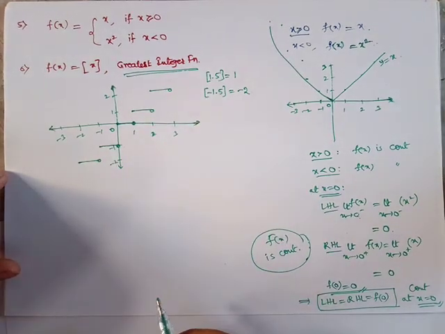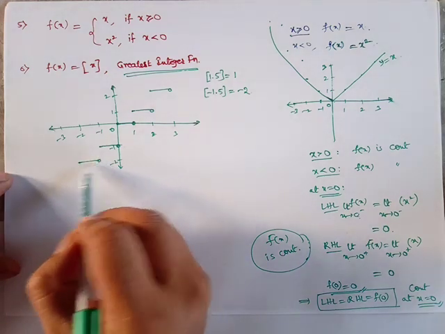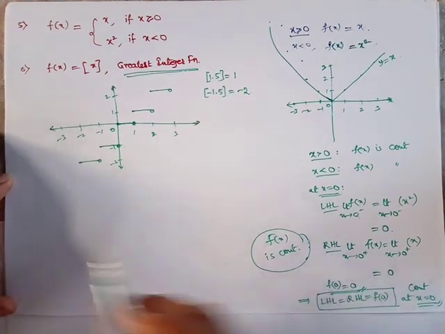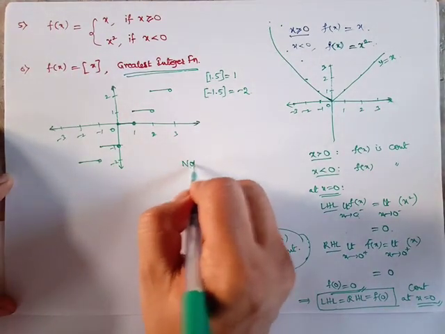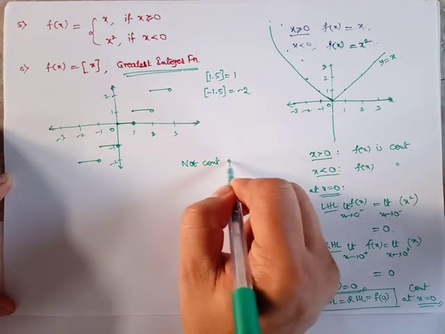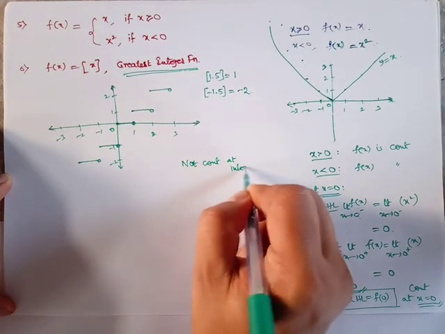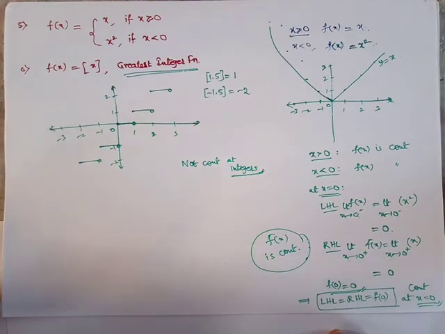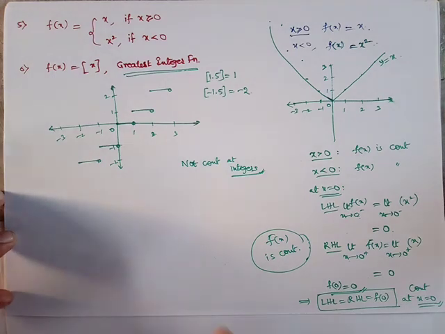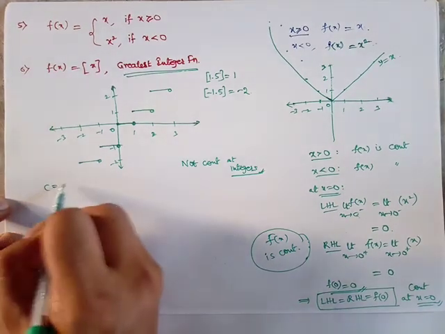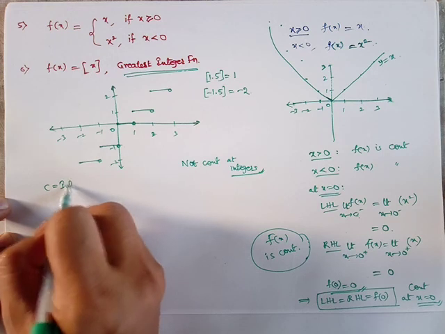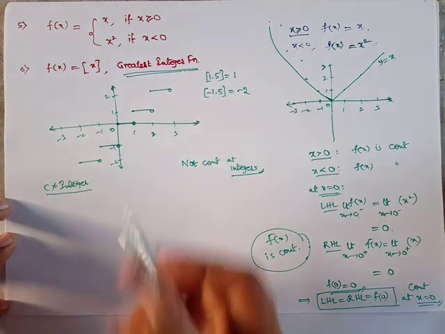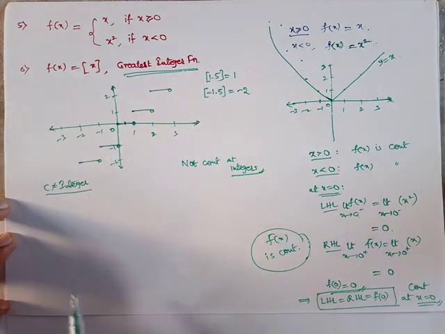Now you'll understand where it is continuous. Obviously it is not continuous here, from here to here a jump is there, from here to here a jump is there. Directly we can say it is not continuous at integers. So, going with the given definition, first of all consider c as some value that is not an integer. You understand, c is any value in between the integers.